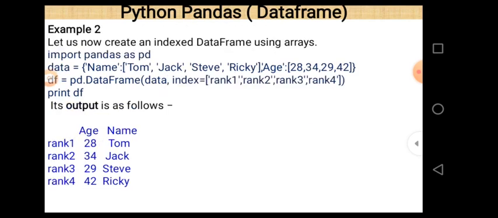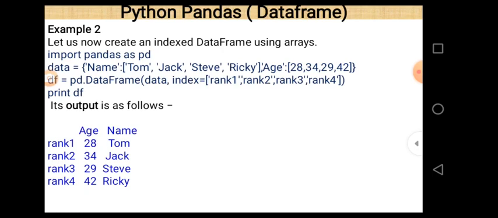Second one, this is the second example. In this example, it is almost the same as the previous one, but the only difference is that index is passed as an argument when we declare a data frame. So let us consider it line by line. First line is import pandas as pd. Import and as are the keywords. Pandas is the name of the library, pd is the alternative name of pandas. So whenever you want to use pandas as a library, just write pd in place of pandas, and after that a dot sign, and after that the name of a function related to the pandas library.